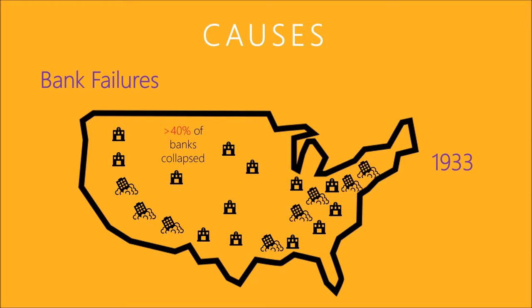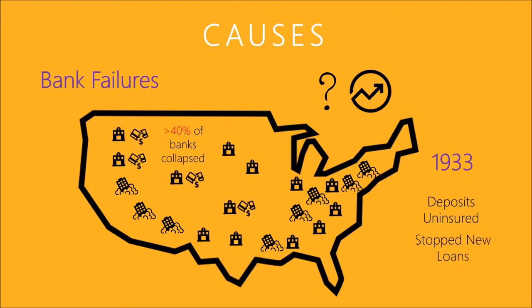At that time, bank deposits were generally uninsured, and people simply lost their savings as a result of the bank failures. As for the remaining surviving banks, because they were unsure of the future economic and financial situations, most of them stopped creating new loans in order to prevent further risk and ensure their survival. This led to less expenditures in the nation and ultimately the Great Depression.